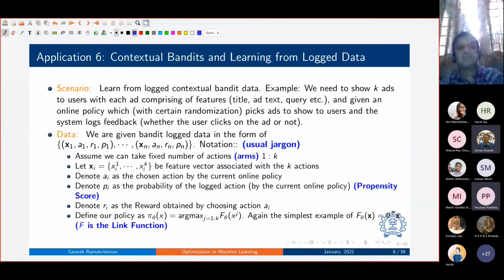Okay, so given all of this, what is our final goal? Well, we have this pi theta. We need to also have a form for pi theta, which uses the features x1 to xk. So we want the policy, of course, to take that action which maximizes f theta xj, where f theta is a link function. A simple example of f theta is the identity link function. f theta is say just theta transpose x. No transformation, it's just a simple linear function.